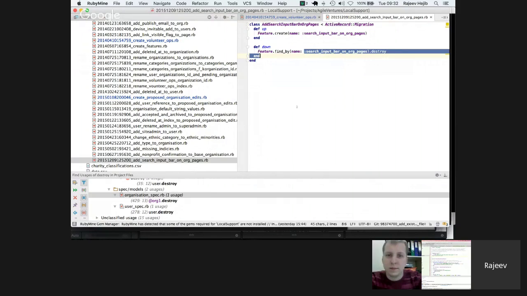So one is that in this situation where it fails to do this destroy, we don't necessarily have to stop the migration. We're basically trying to delete something, and realistically, if it doesn't exist, we don't want to fail. That means it's already deleted. So we could put a rescue block in there. The other thing is that we could drop the database and recreate from the beginning,